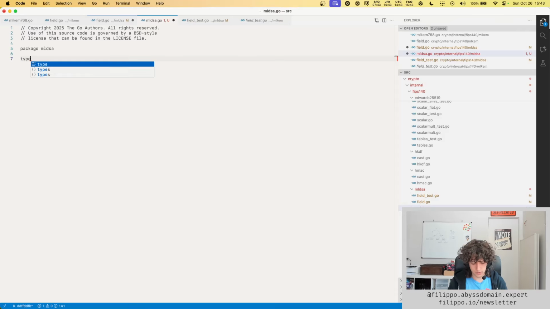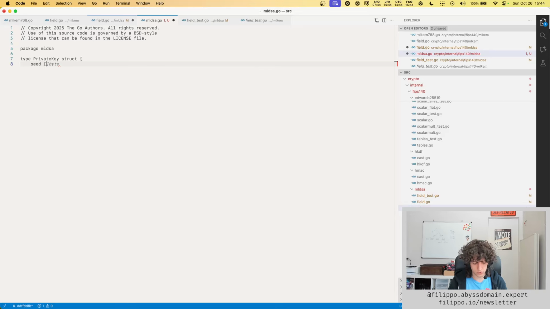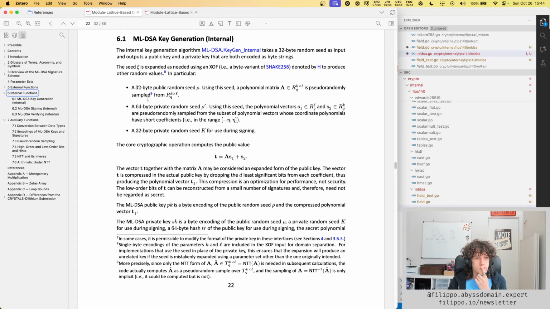Okay, so we said we'll make a type PrivateKey. And the private key will be a struct with, we're going to keep the seed, which is 32 bytes, because we might want to reserialize it to export the key. We're going to keep the public random seed ρ, using the seed, a polynomial matrix. Okay, so this is the seed that is used to expand the matrix A, which instead we're just going to